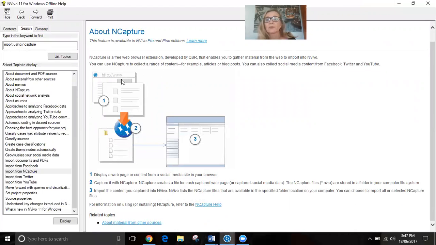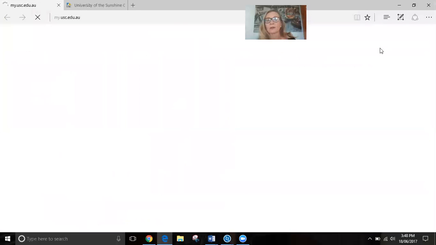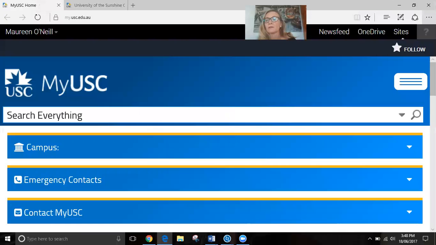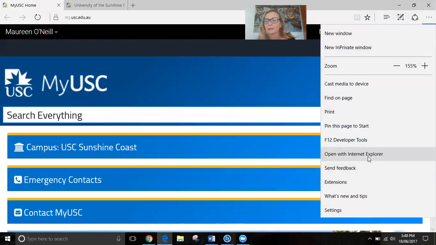So it goes to a document that you may be looking at on the web or in databases. You click your Ncapture extension, and when you open up your project, it comes up. Now, if you haven't got the extension, you can click for Ncapture Help, and it will actually load for you how to download the Ncapture to your Chrome bar, or if you want it in IE, you simply do the same thing. You just go over to IE, you click down and you drop down to this Open with Internet